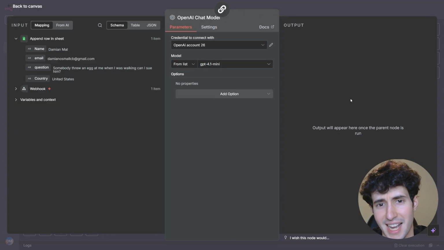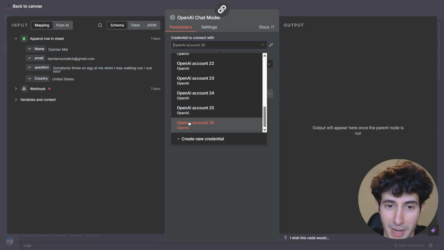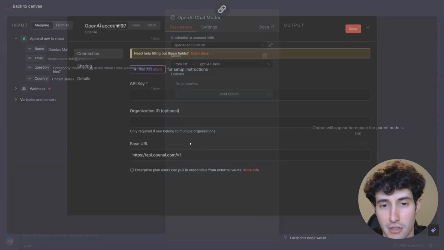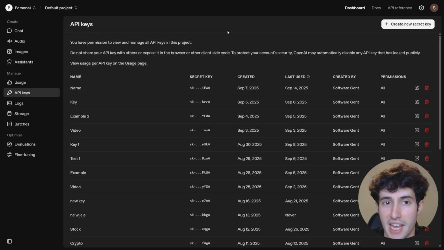Now you can obviously select any LLM that you want, and the first thing that you have to do is to select your OpenAI credentials. If you do not have credentials, you simply come over here, click on create new credential, and then you need to input your API key over here. To find your API key, you need to come over to